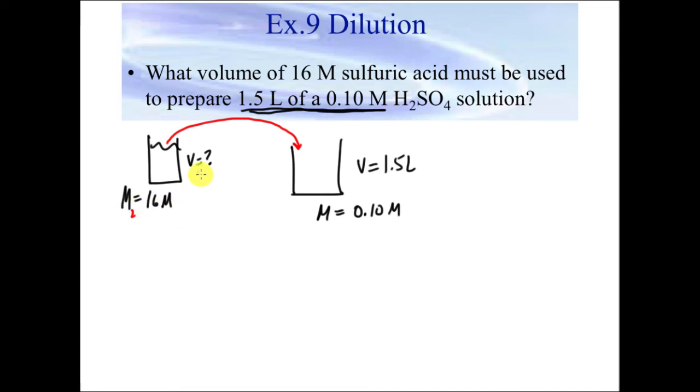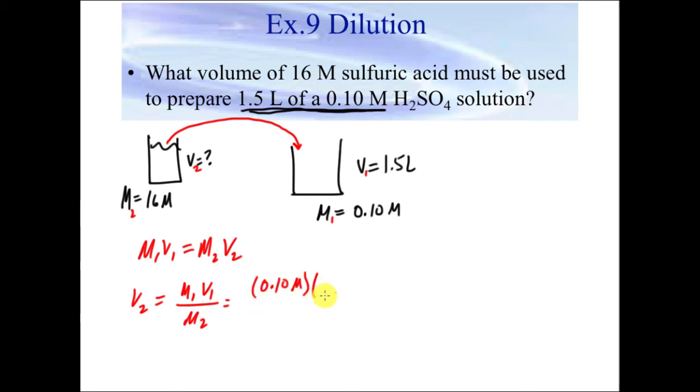So I'm going to call this the 2. You can call it whatever you want. You don't have to call it a 1 and a 2. You can call it A and B. Whatever you want to do, it's up to you. But all right, so when I use this equation, M1 V1 equals M2 V2, what I do is I solve for V2. So V2 is equal to M1 times V1 over M2. So I just plug in my information. My molarity is 0.10 molar. My volume here is 1.5 liters. And I divide that by my 16 molar. And what I end up with is